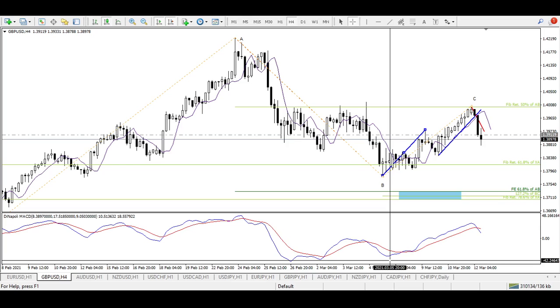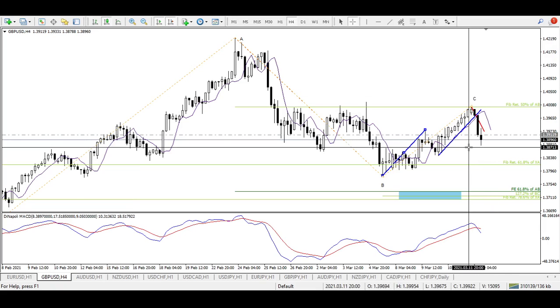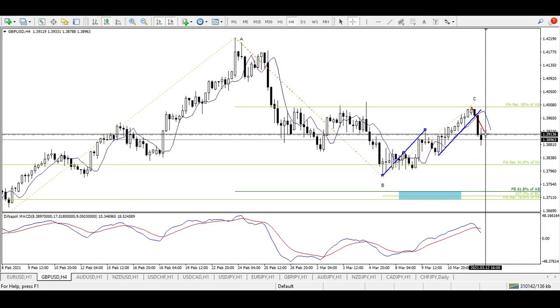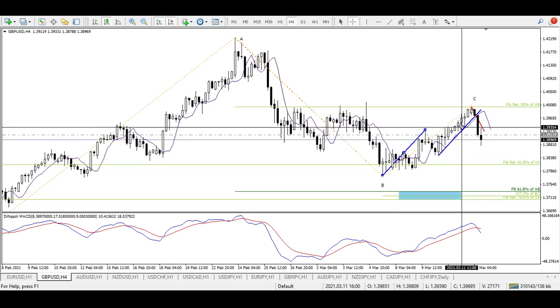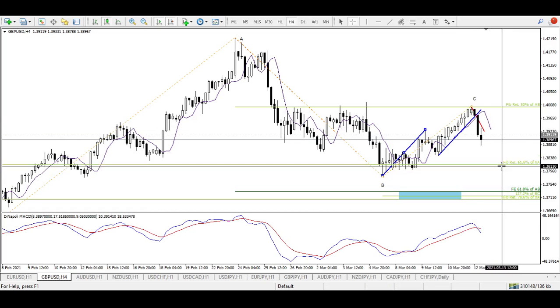So even if the position is not closed before the release of retail sales from the USA on Tuesday, we can still hold the position. And let's see whether or not this position gets closed before Tuesday. So we have a lot of time. We have almost a whole New York session today, then the entire Monday, and the Asian and London sessions of Tuesday before the release of the retail sales from the US. So maybe this trade will already get completed.